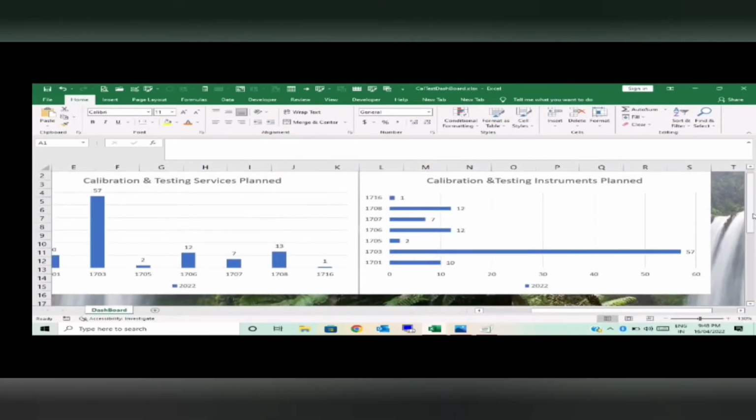Calibration and testing: everywhere an instrument will not be there. Somewhere some instrument will be there, but somewhere, like temperature, we are monitoring for a particular room, or we are taking the lux level, or maybe the noise data. So these are area-wise. It is not related to particular assets, for ambient. Then definitely testing is required, but there will not be any related asset. Okay, so that is why it is differentiated here.